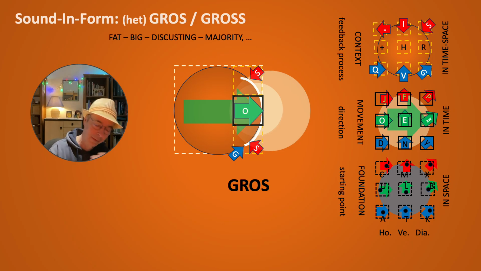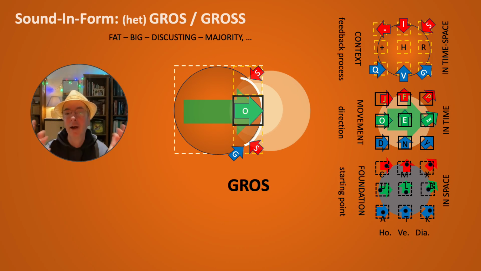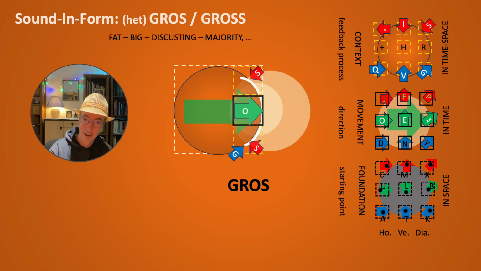So the variations also have an emphasis with GRO or GROS, like in Dutch. It is of course emphasized on the OS, GROS. So you have that small focus. So you have this whole process in the beginning. You see that growing, and you have the enlargement itself that you're focusing upon. That's why GROS or the majority is there, as well as an association with the S as a double S.